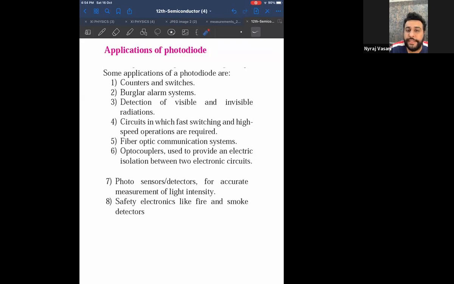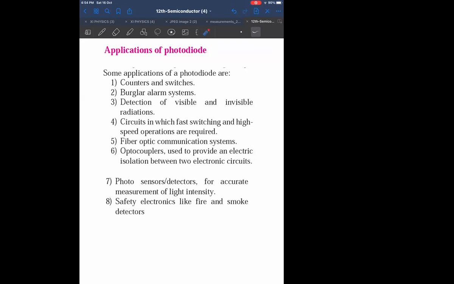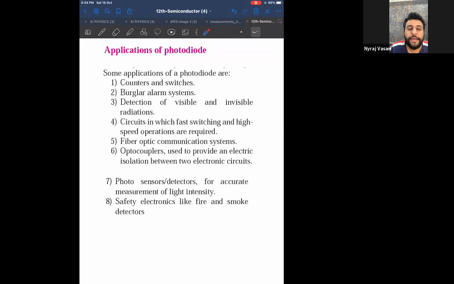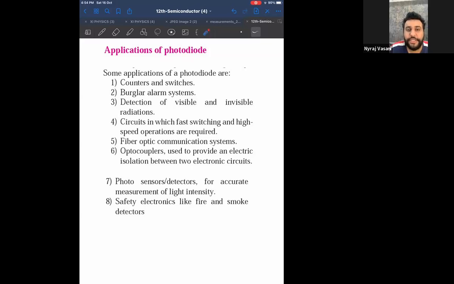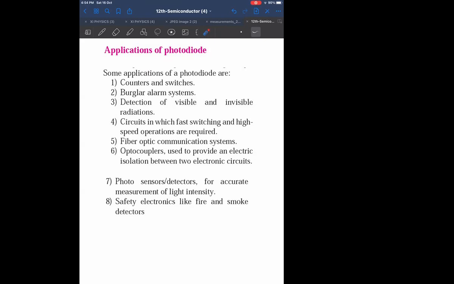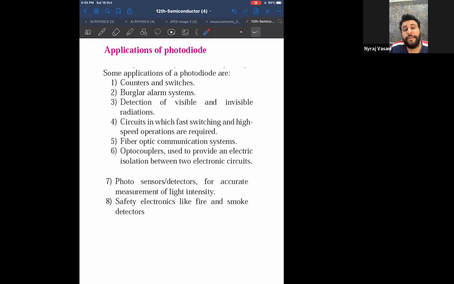Can I say if I can convert my mobile screen into a photodiode, I will not need a charger at all for my mobile? Can I say my mobile will continuously charge? Yes. So solar panels. But that technology, sir, still that technology has not come. They want to do it, but the mobile becomes a heavy application. So the complete mobile cannot be charged like that. That is the problem. Solar panel is a different logic altogether, but a solar panel can power everything. Your mobile also, your house also. A solar panel can convert a lot of light into a lot of electricity. A photodiode cannot convert light into a lot of electricity. It can convert only into a little electricity.